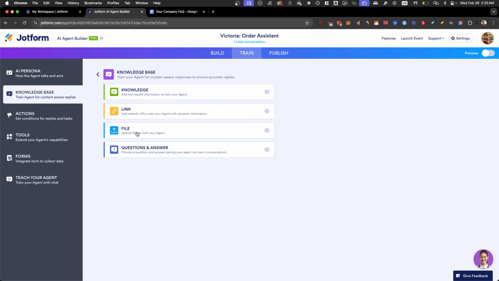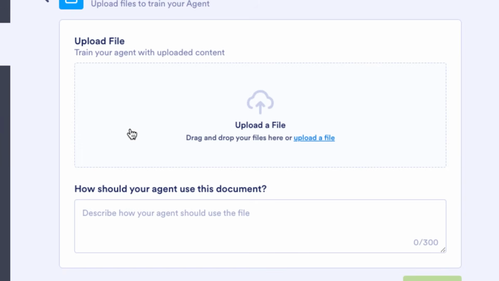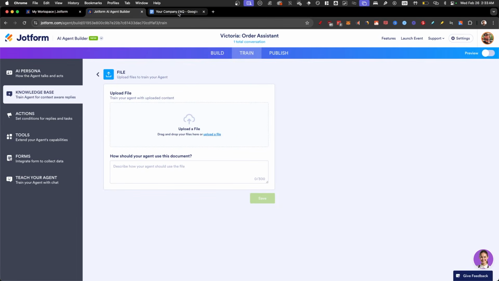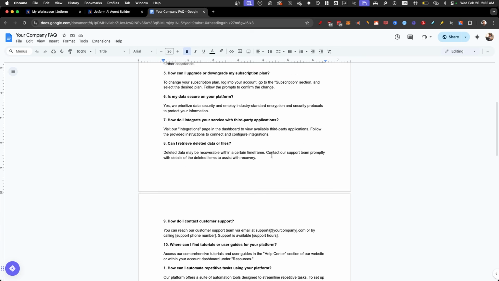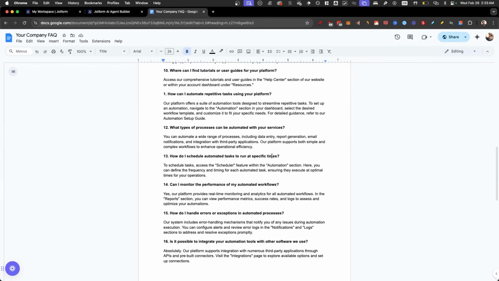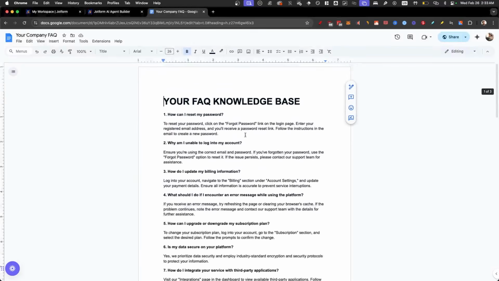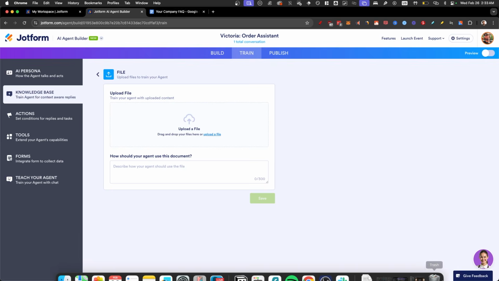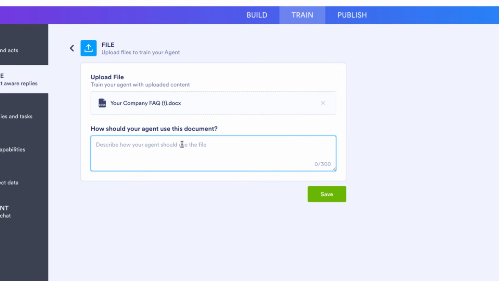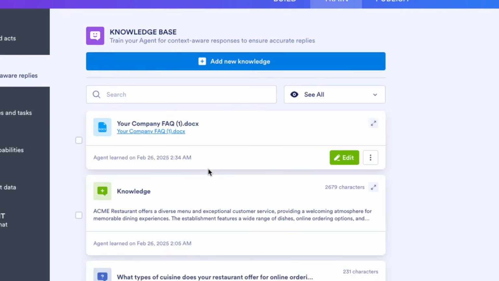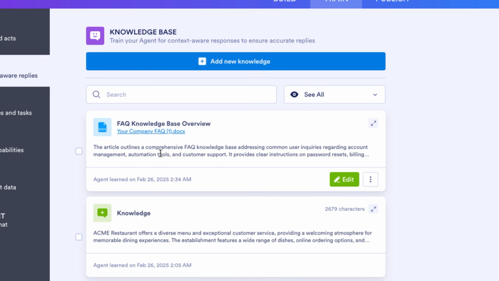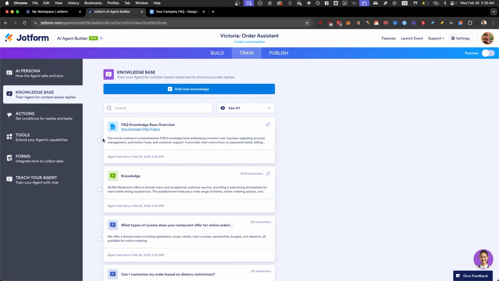But what I recommend most people do is to upload a file with all of your FAQs. So I have this FAQ company doc that answers a bunch of questions. Now, this is not for restaurants, it's more for software. But if I take that file, download it, and upload it just like this, describe how our agent should use it to answer frequently asked questions. Save, and the agent is now reading it and taking that into its memory